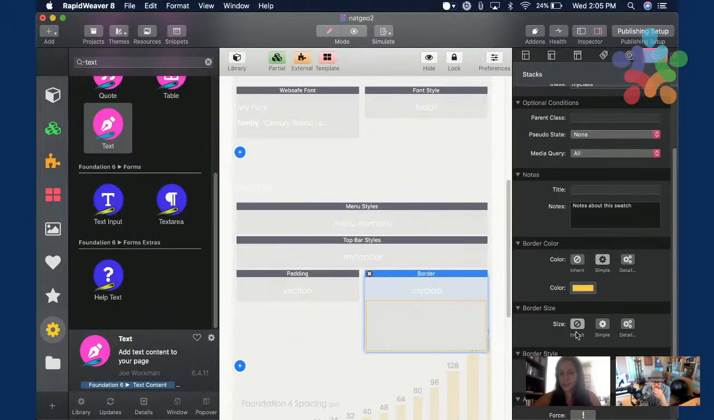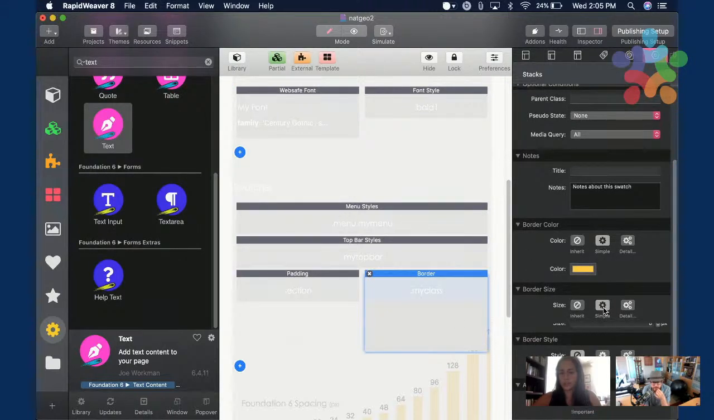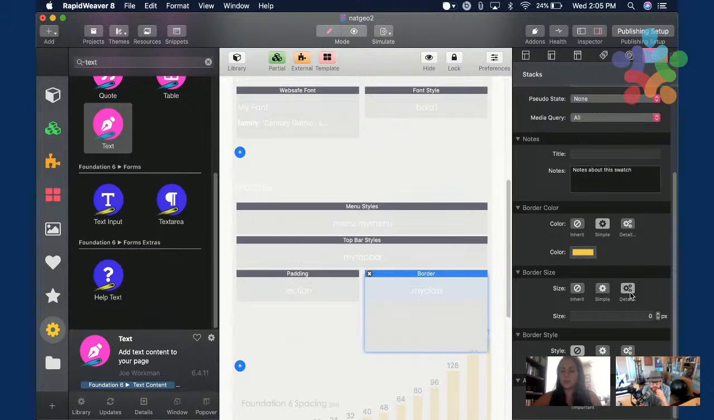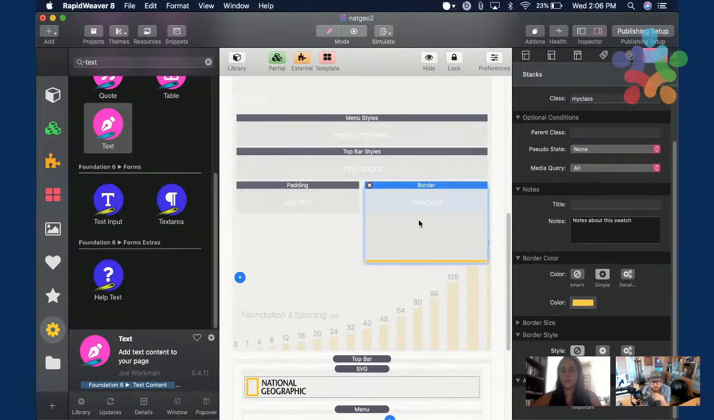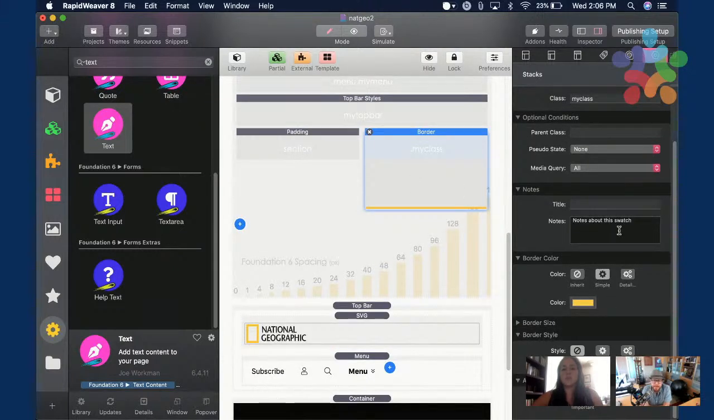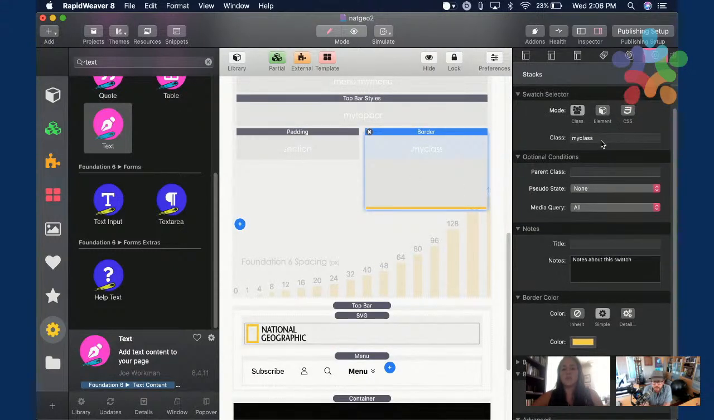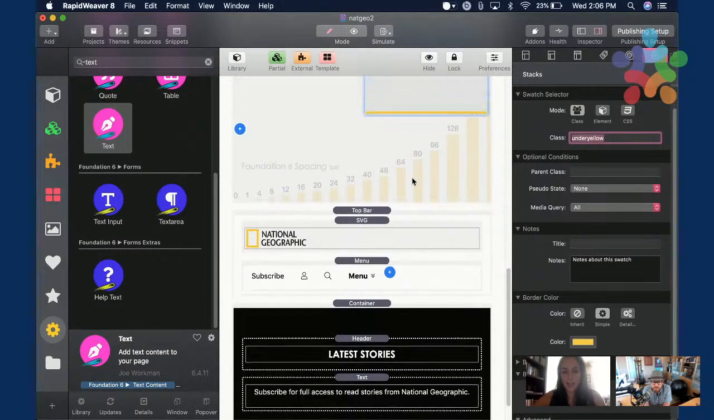There. So my border is yellow now, and I'm just going to change the size to detailed and only use the bottom, like maybe 3 or 4 or 5 pixels, whatever works for you, and only the bottom. So this is what I did, but I'm not sure. So I'm gonna call this under yellow, and